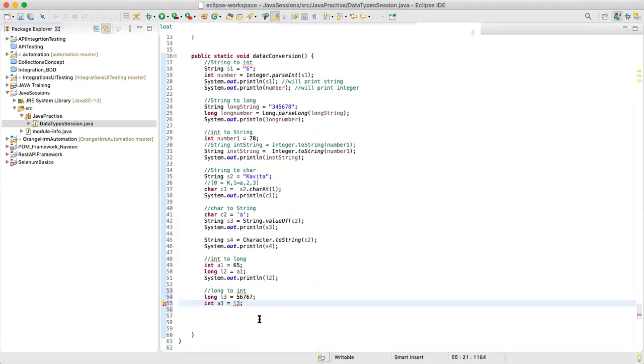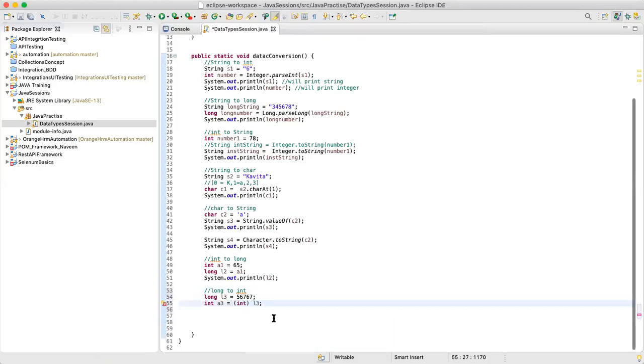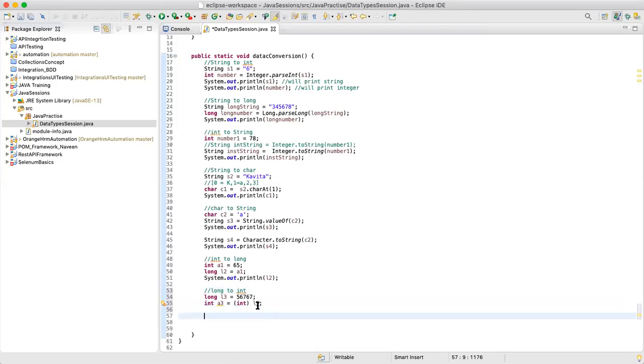It is giving you an error. It is trying to suggest that there is a type mismatch. You cannot convert from long to integer. Again, we are trying to move data from a big basket to a small basket, which might result in data loss. Java itself is trying to help you by saying use cast. This is called typecasting. Integer to long is simple, right?